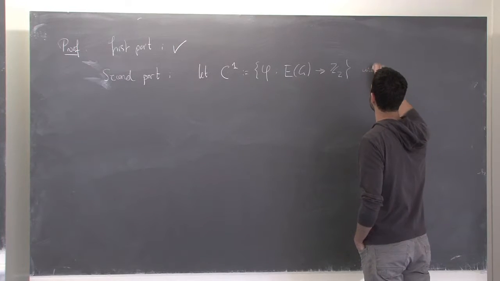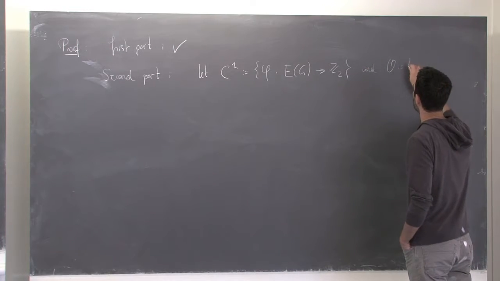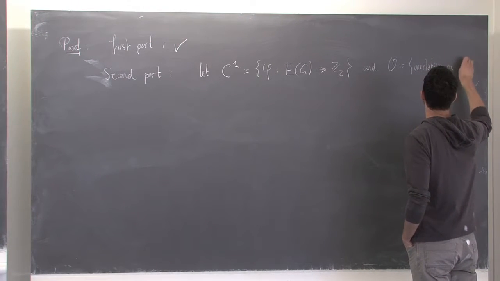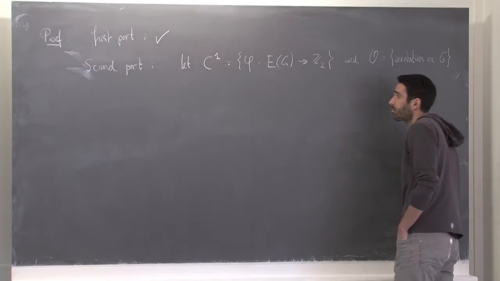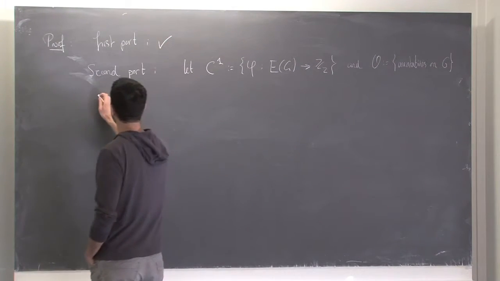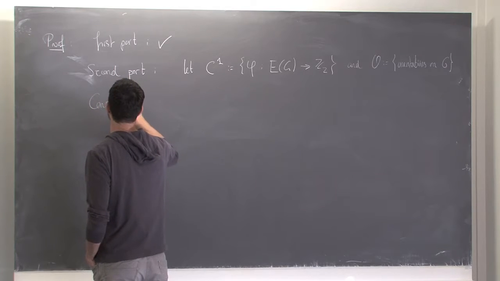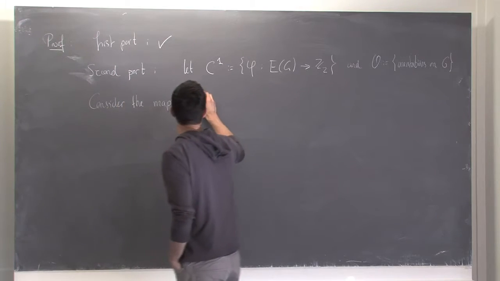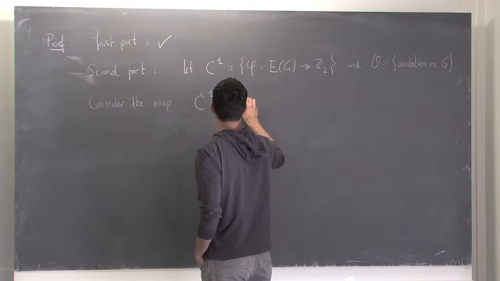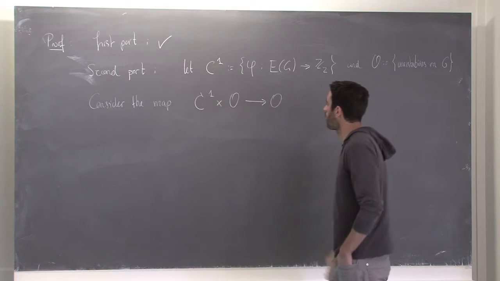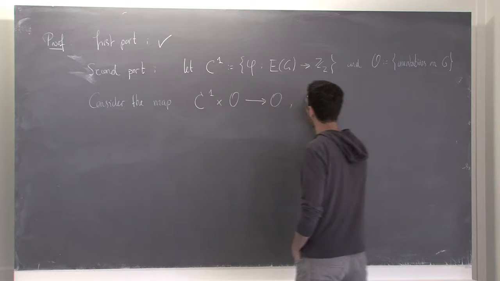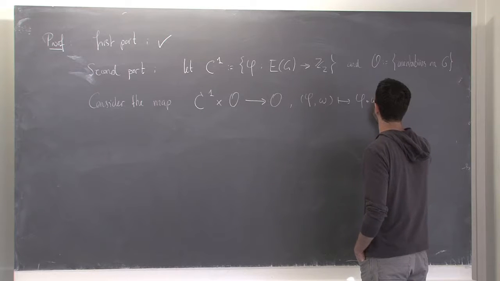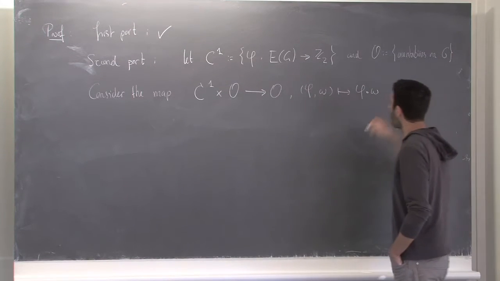And let's denote by O all the orientations on the graph. So consider the map, consider the action, well, the map. So we want to see this as an action of C1 on a set of orientations given how. So phi omega goes to some notation for this action, where